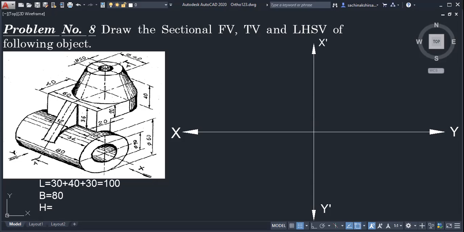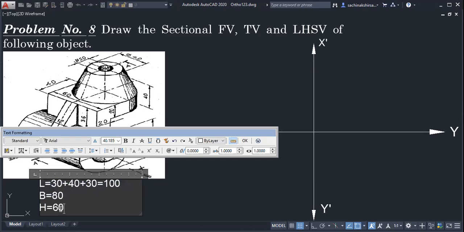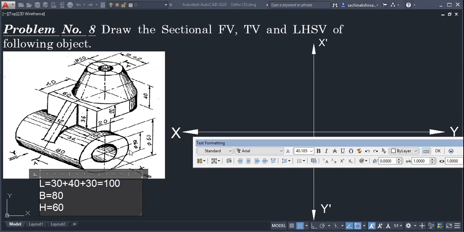मग सिलेंडरची हाईट किती आहे? सिलेंडरची हाईट प्लस मिडल पार्टची हाईट आणि टॉप पार्टची हाईट एवढ्या हाईट तुम्हाला ऍड करायचे. 3 हाईट कुठल्या? First one is horizontal cylinder, second one is middle part where there is a semicircle, and third part is topmost part, conical part. Like these 3 heights we have to add. सिलेंडरची हाईट किती येणार? Height of cylinder is nothing but its diameter. How much it is? 60. Then middle part height, 36.